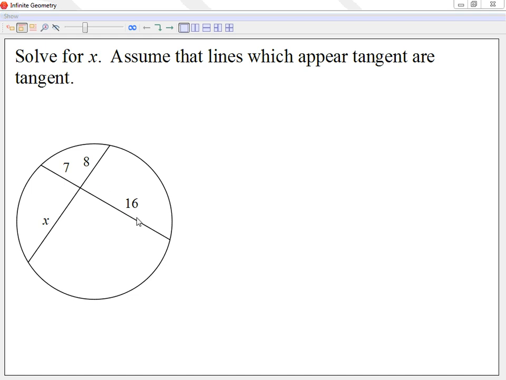None of them are diameters, so I'm not going to say the chords are going to get cut in half. As you can see, one side is 7, the other one is 16, so it was definitely not cut in half. The way we're going to solve these, when two chords meet inside and none of them is a diameter, I'm